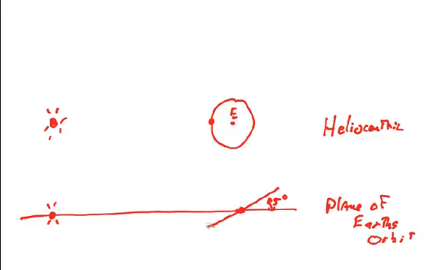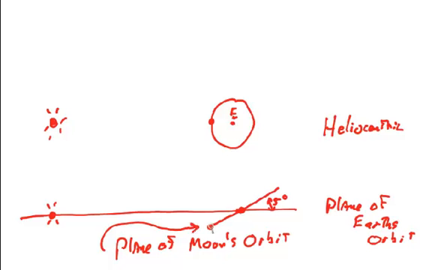And at the point at which you could have had a solar eclipse, the moon, this is the plane of moon's orbit. The point at which you could have had an eclipse, the moon, this big blob right there, was below the